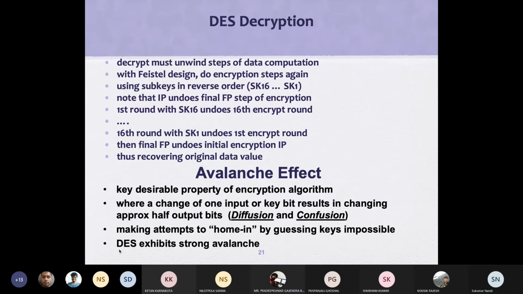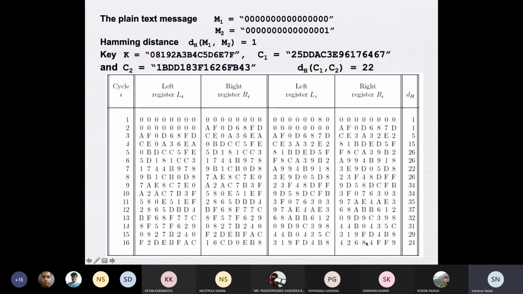So the requirement is very close to 50% of the block size for a one bit change in input or key, reflected on multiple bits. That is measured in terms of avalanche effect. Let us see.